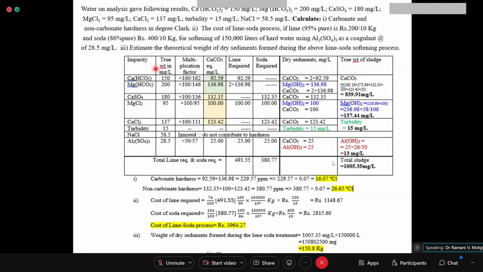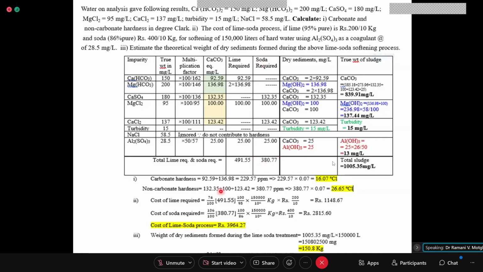LR is this magnesium bicarbonate 2 into the equivalents. Here calcium permanent is not required. Magnesium permanent here also and here also will be there. This is here and these things. Okay, so total lime, and this has to be considered in the same equivalents as we have said.